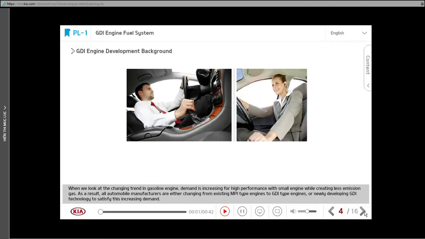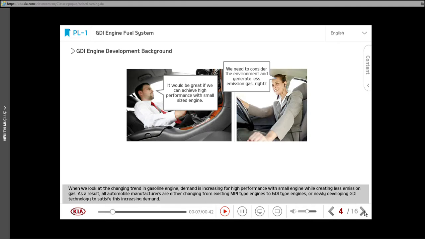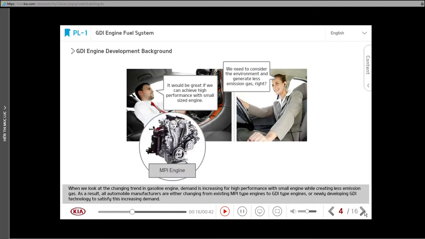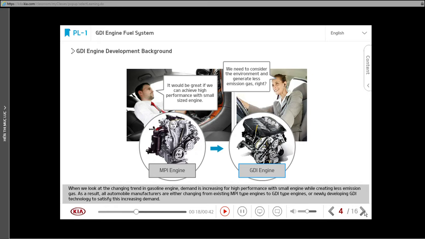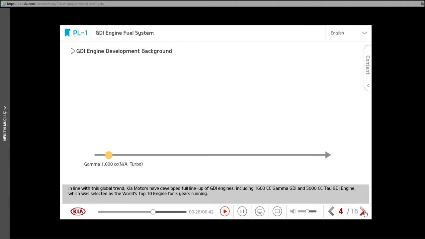When we look at the changing trend in gasoline engine, demand is increasing for high performance, with small engine while creating less emission gas. As a result, all automobile manufacturers are either changing from existing MPI type engines to GDI type engines, or newly developing GDI technology to satisfy this increasing demand. In line with this global trend,